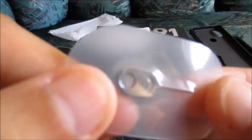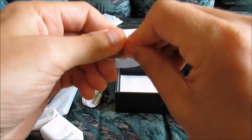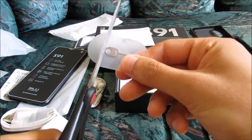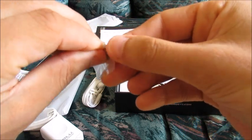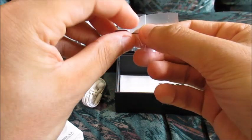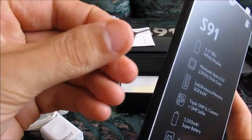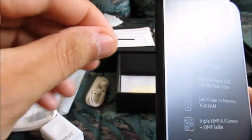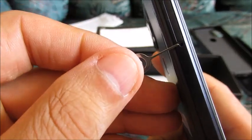Very simple, but you need this tool or something like it if you have lost this. So let me just show you again. Kind of wish it wasn't in plastic, but that's why we have the scissors, I guess. Okay, perfect. It's a little thin object, nothing really special except that it works very well. It's very compatible with this phone, and it allows you to get far enough into the device that the SIM card tray will pop out, and I think there's also a space for the micro SD memory card. You find the hole here in your phone,